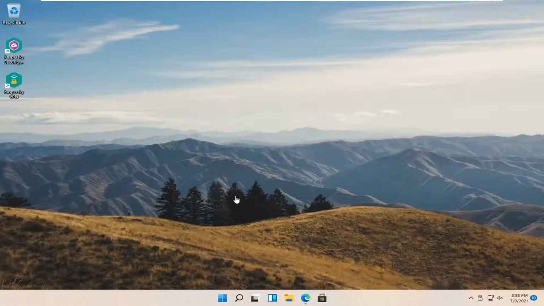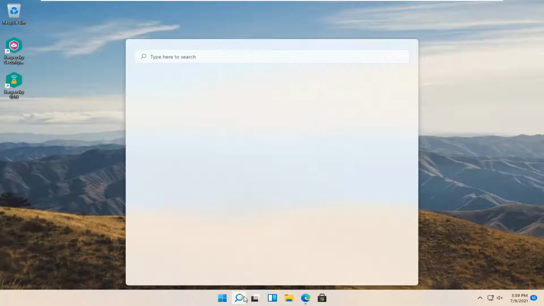In today's tutorial, I'm going to show you how to uninstall Kaspersky security from your computer, Kaspersky free antivirus. So this should hopefully be a pretty straightforward process, guys, and without further ado, let's go ahead and jump right into it. So all you have to do is select the search magnify icon down your taskbar, and you want